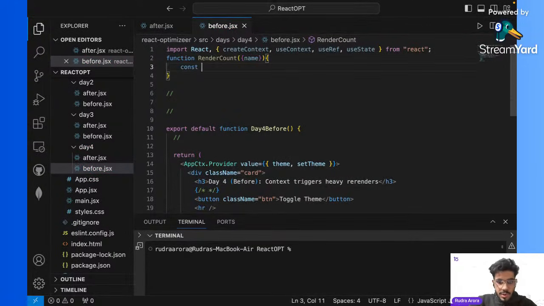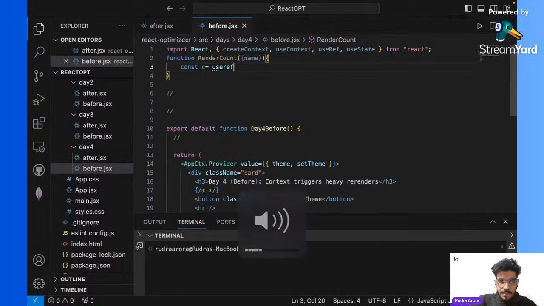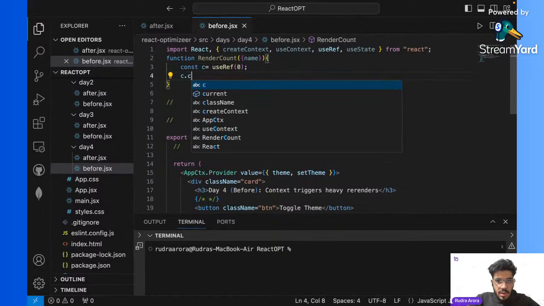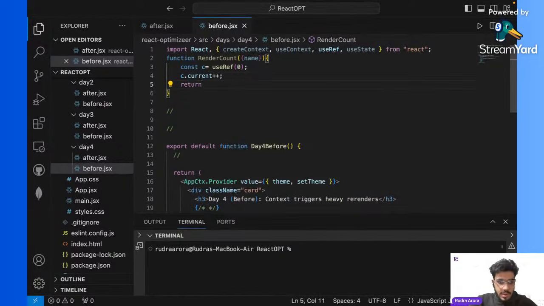Render count: const c = useRef. The initial value of useRef should be 0. And c.current++, and you're going to return